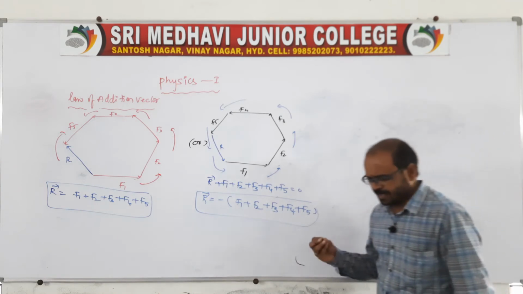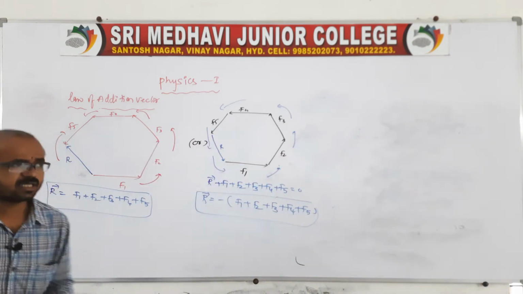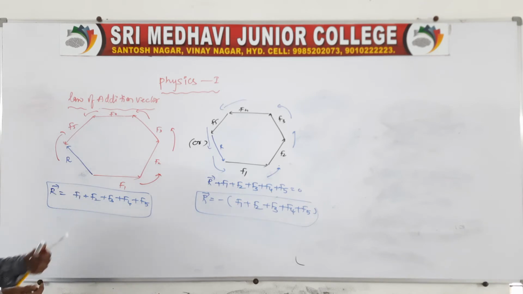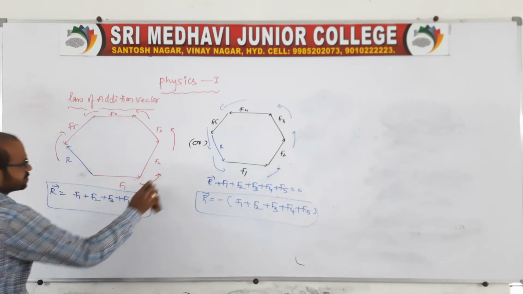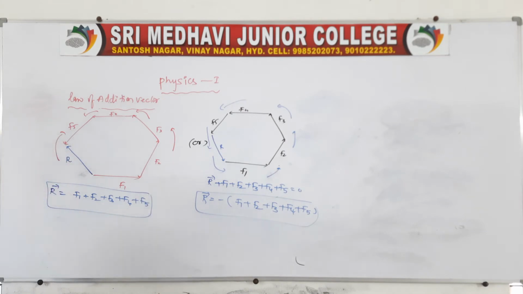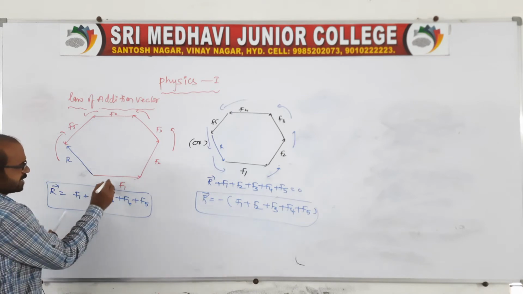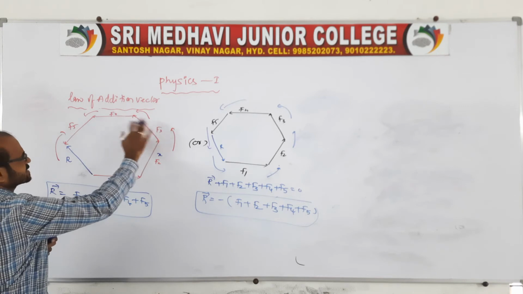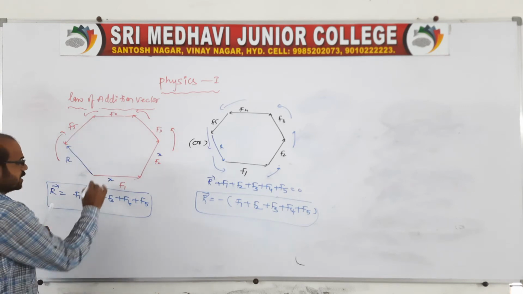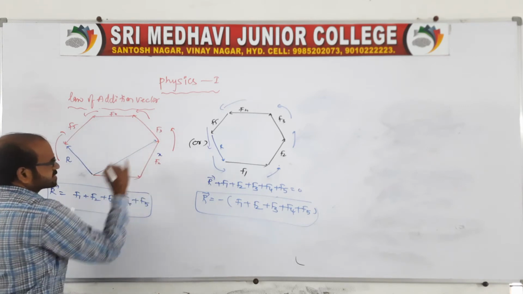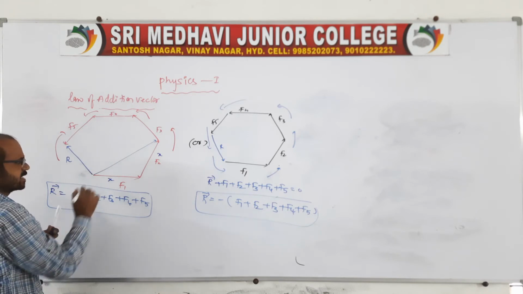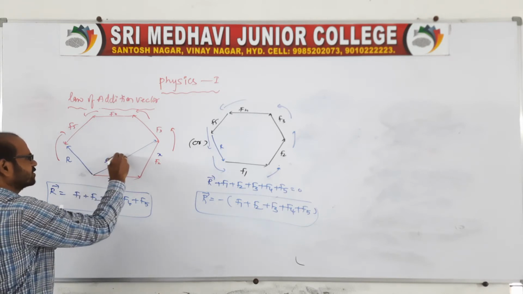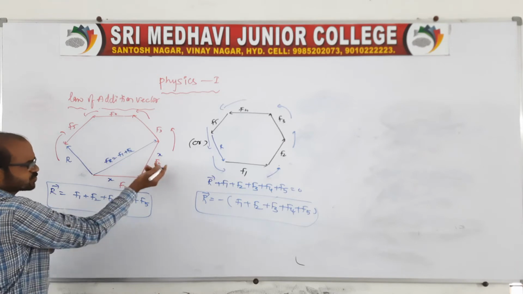Suppose there is a question where we have to find the resultant if this number of vectors are represented in a closed polygon. In this closed polygon, sometimes they may ask you like this: suppose this is x, this is also x, opposite, actually all are represented as x, x, x, x. So they ask you to find the resultant like this. What is the resultant? Yes, the resultant fr is equal to f1 plus f2 because of these two.